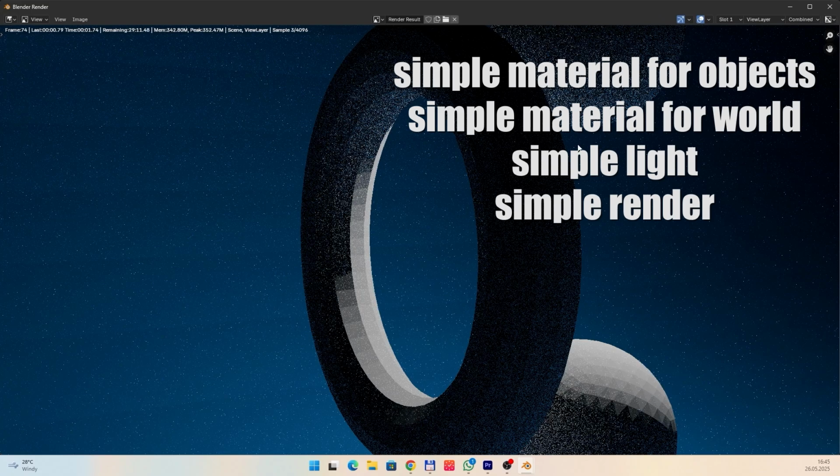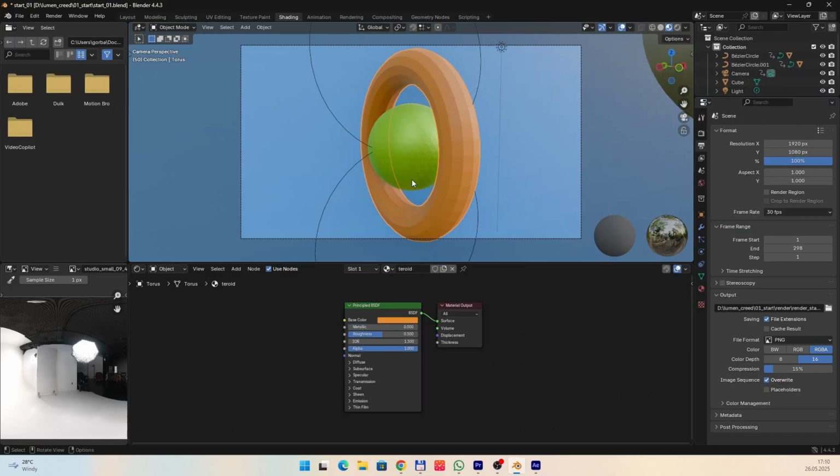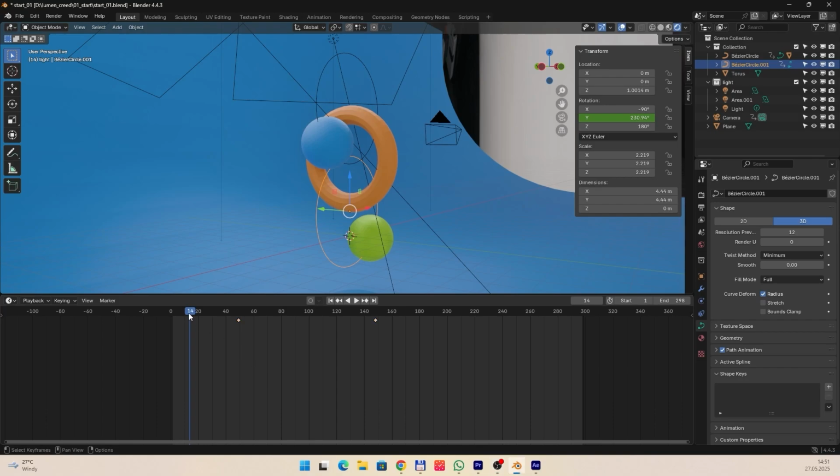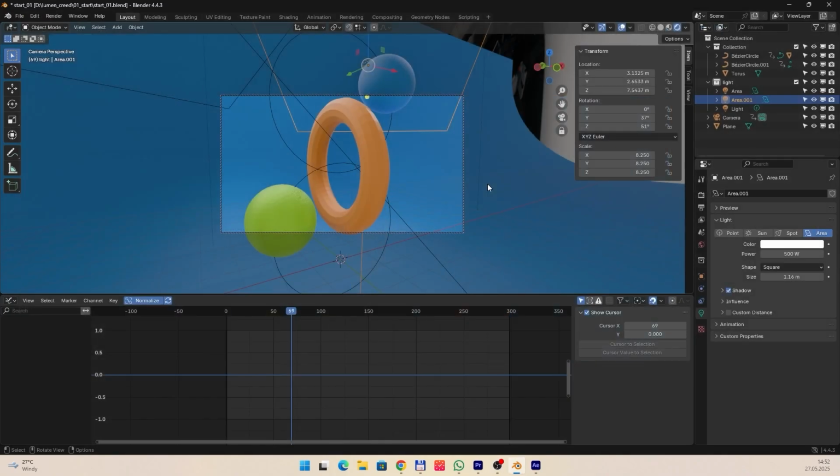The initial steps are quite simple in Blender, but looking at the tutorials on the internet, you realize that the depth of each topic, light or materials or rendering, is quite deep, and you need to study each one. So what follows is